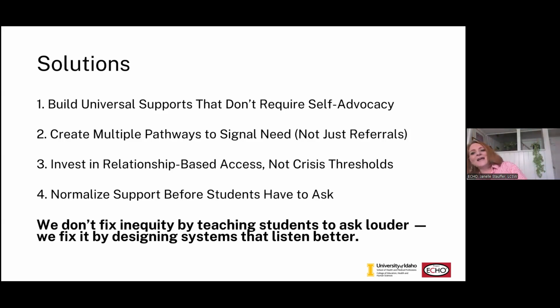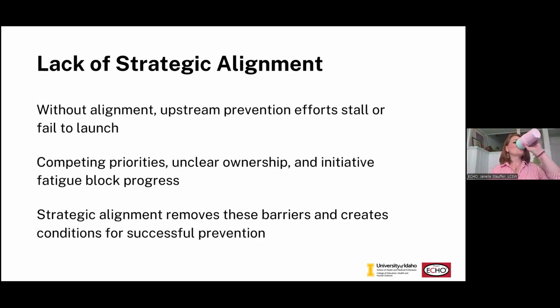All right, Hannah, you're next. Thanks, Janelle. I have three more real or perceived barriers to go over with you real quickly. For the sake of time, I'll probably move quickly, but I think everybody gets the slides, right, Shannon? So if I breeze over stuff, you can go back and check it out.